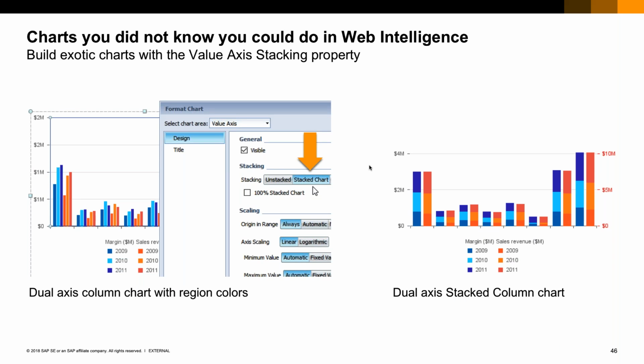Another interesting setting to build charts which don't exist as standard in the library is the stacking setting you have available on the value axis category. If I start, for instance, with a dual axis column chart with region colors here, what you can see on the left hand side, and I want to stack the year values according to each axis, it's not available as a standard. There's no dual axis stack column chart available in the standard library, but you can build it from the settings just using the stacking